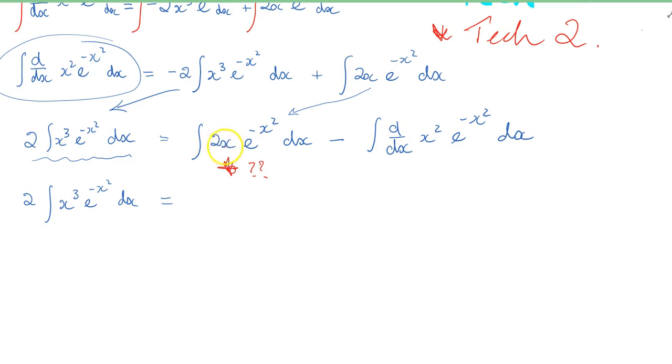Here's one term in x called 2x, and here's another term in x, e to the minus x squared. You're asking me to differentiate a product. Can't do. Unless, can I simplify it? No. The other situation is, have they given me the derivative